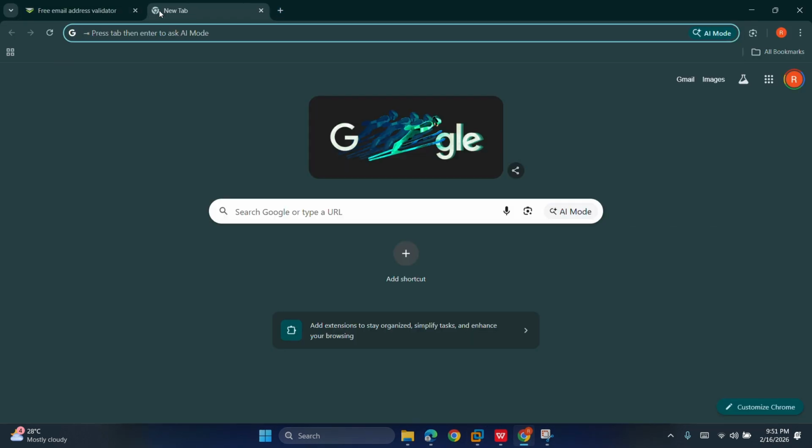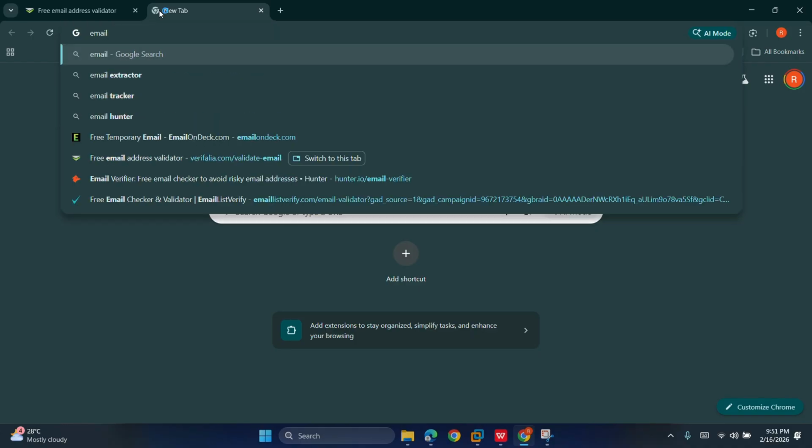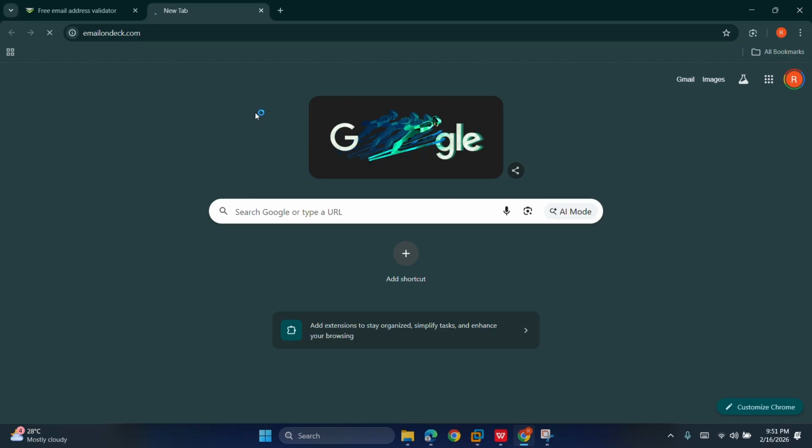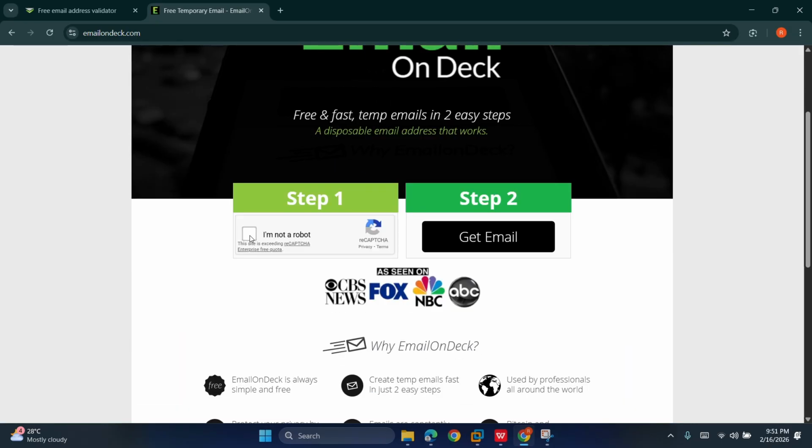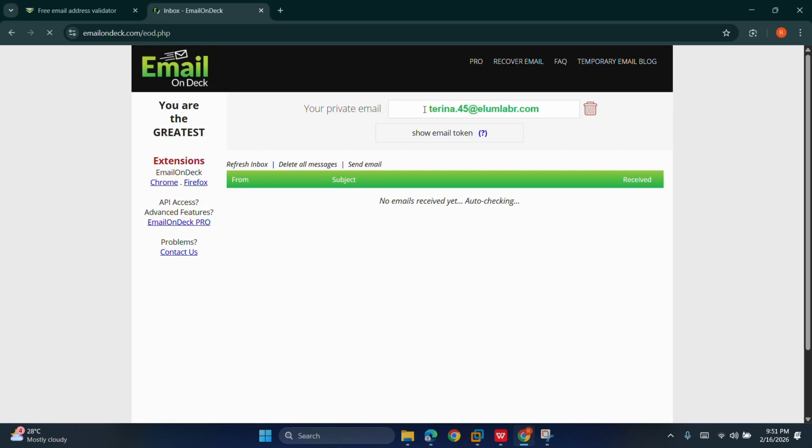So we are going to use Email on Deck to actually generate a temporary email, and by doing that, we'll use that email to create this account. And when we run the forgot password, it's this email that we receive the response from the web server. So let's create the email. Let's generate the temporary email. So this is it,